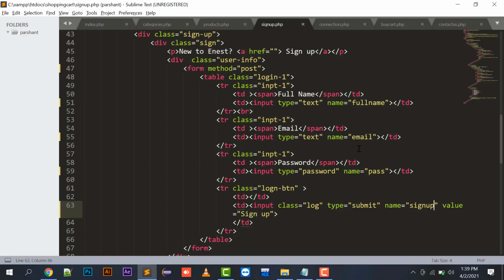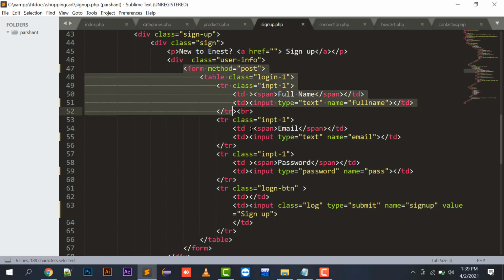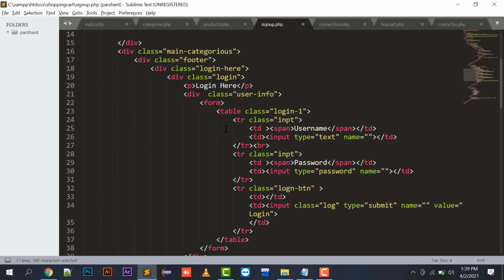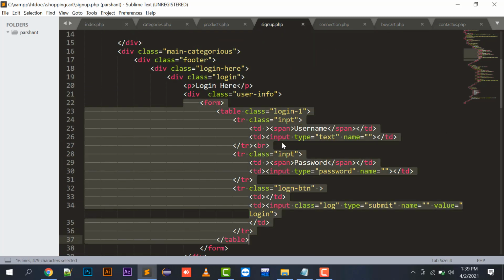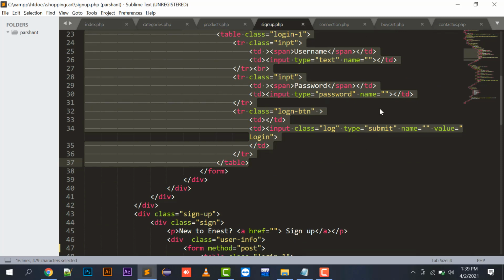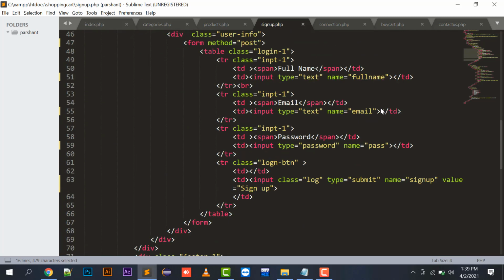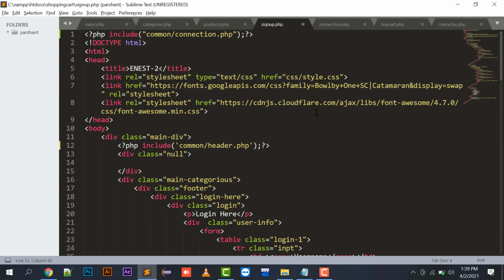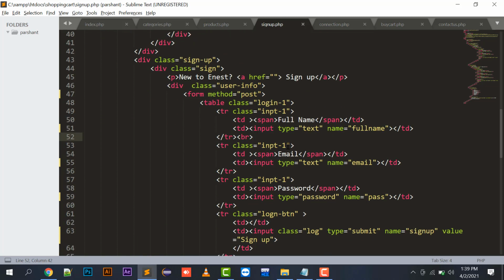So I need to declare the name of the submit button differently for this sign up form and differently for the login form, right? You don't have to put the same name in both forms, otherwise the coding will clash with each other. Action is simple, it's null, because it will be calling this signup.php only.